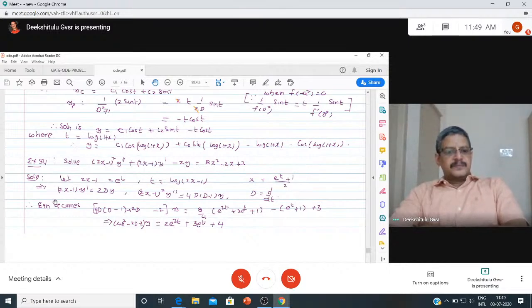Okay. So what happens is 2x minus 1 into y dash is dy into 2. Quotient of x is to that 2 comes here. Similarly, 2x minus 1 whole square y double dash is 4 into d into d minus 1 operated on y, where capital D is d by dt. So if you put these things in the equation, 4d into d minus 1 plus this is 2d minus 2y, that is equal to